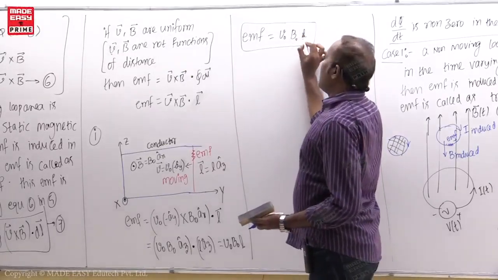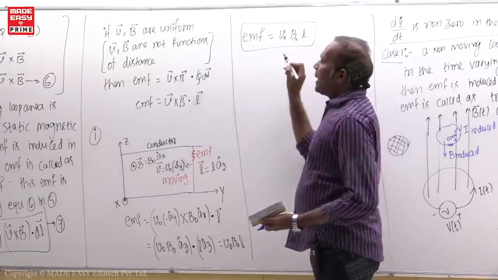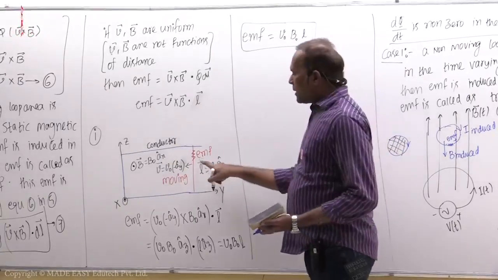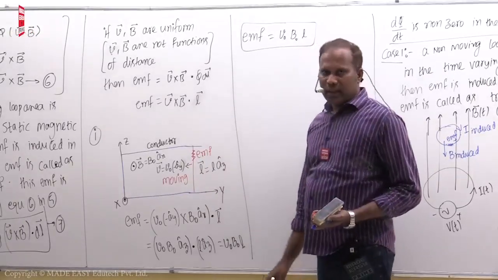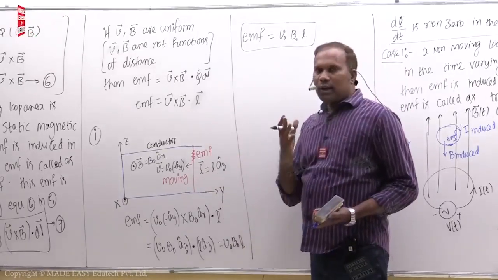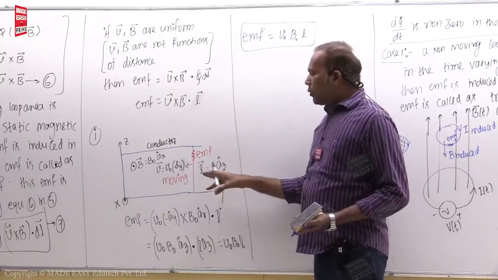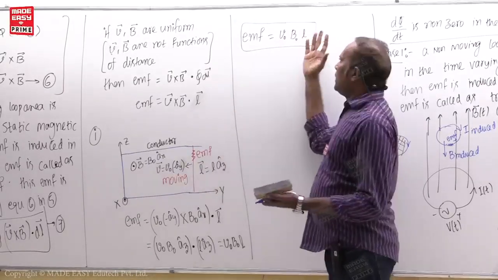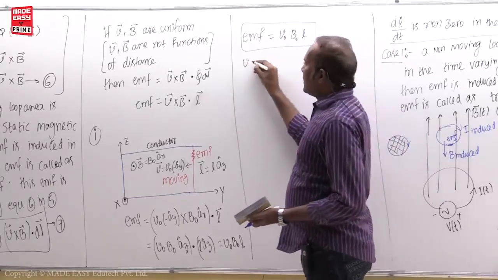If V bar, B bar, L bar are mutually perpendicular, and V and B are uniform, then how much EMF is induced? VBL is the formula. Don't forget that one. In the examination, you will see this type of diagram. You should not ask me to explain that; it is already explained. Now, how much EMF is induced? VBL EMF is induced. So, where V is a